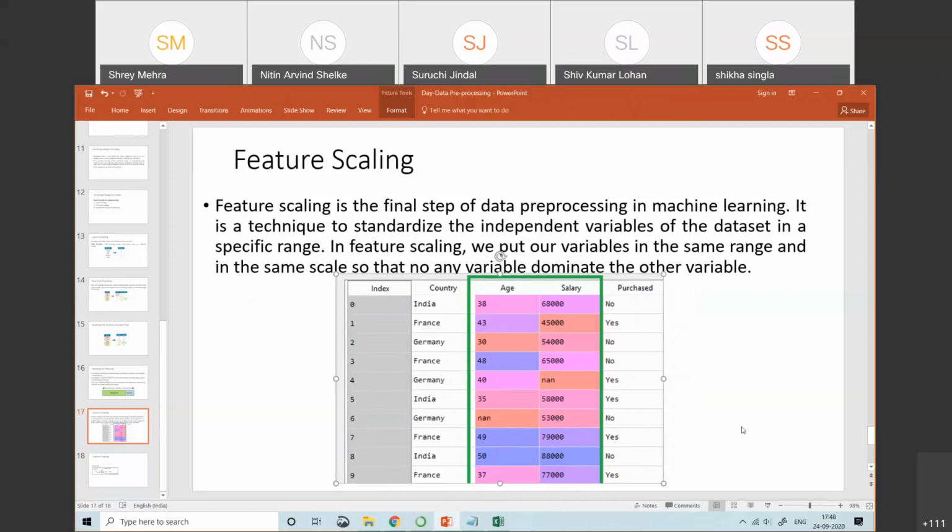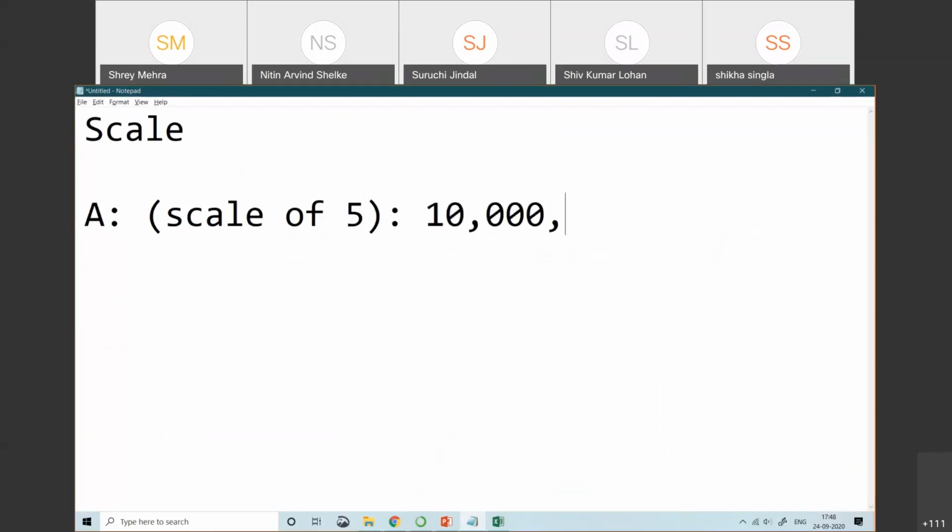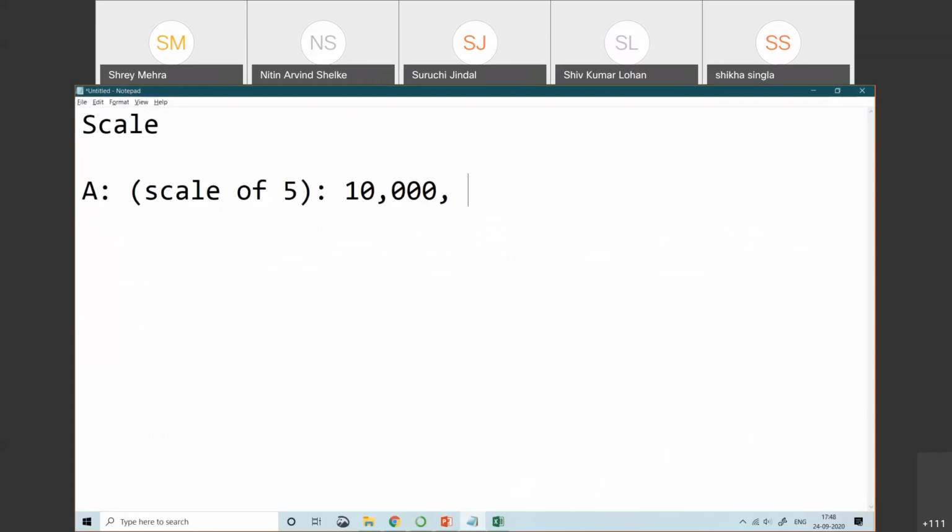Feature scaling is just for normalizing your data. Normalize the data into one scale. Do you know the meaning of scale? What do you mean by scale? Let's suppose your A column is in the scale of 5. Scale of 5 means what? That it contains values like